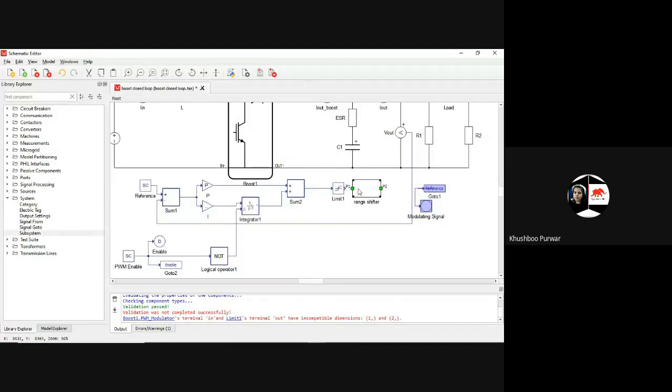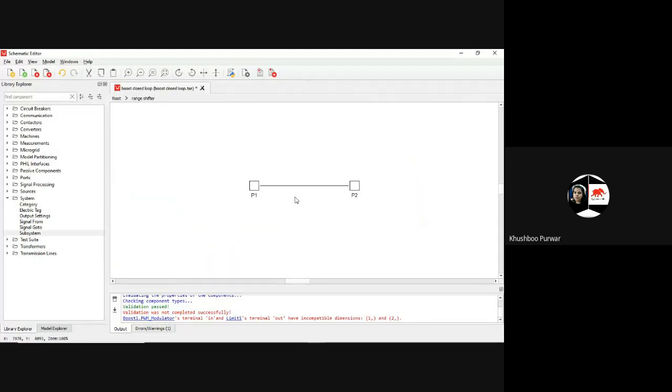For preparing the range shifter, just delete the connections, or delete all the ports here.